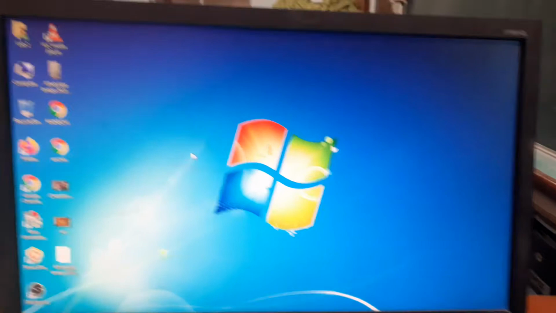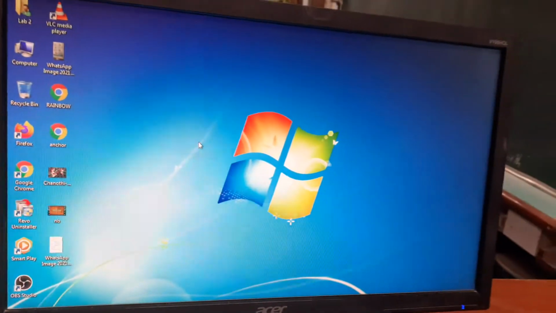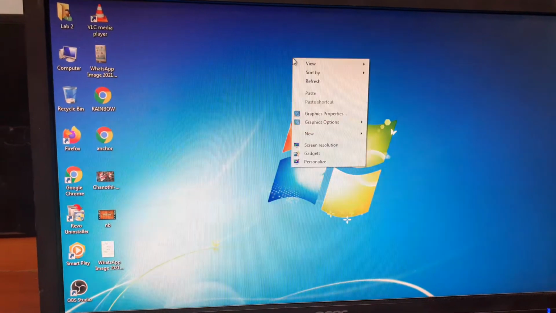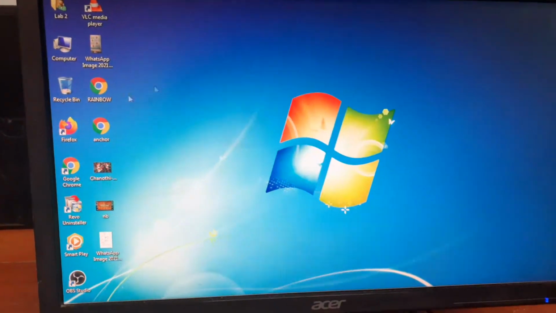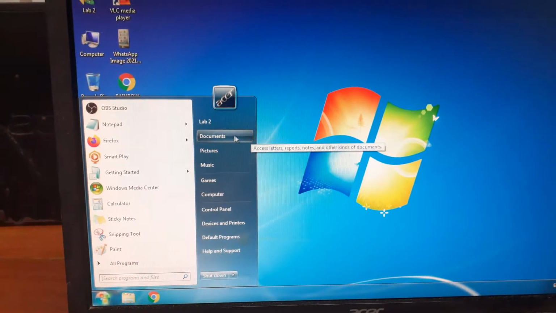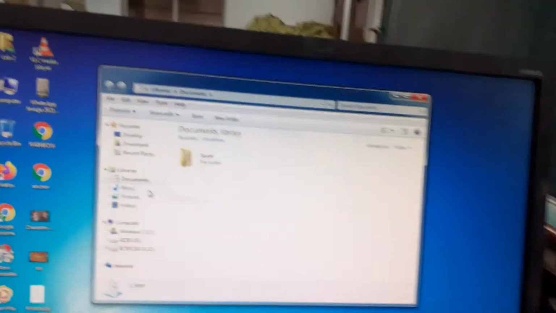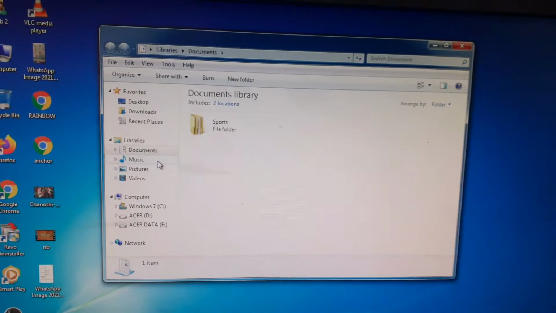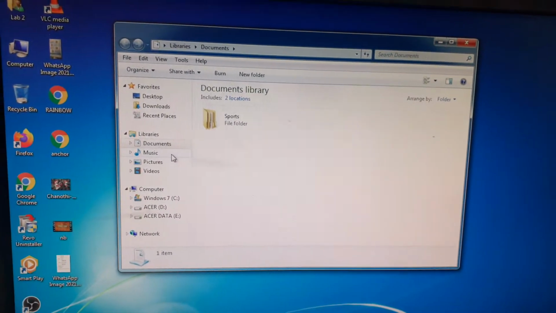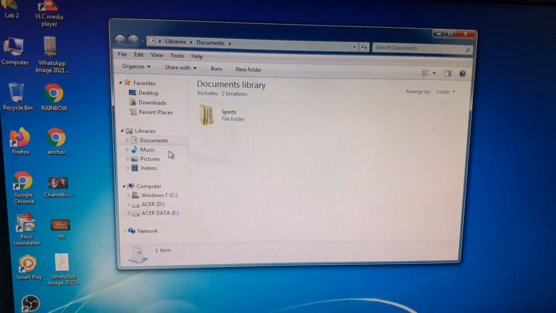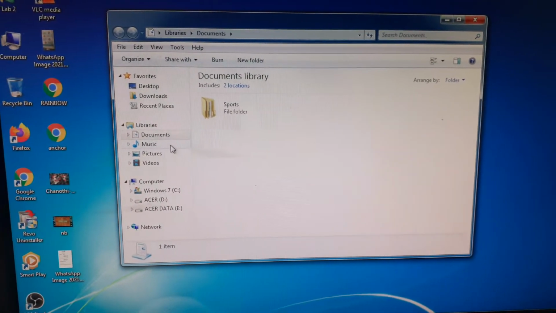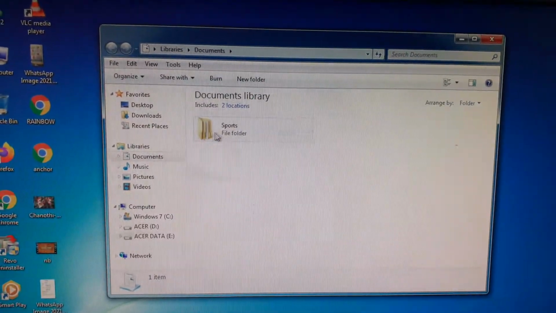Last time we created a folder and subfolders. First of all, we will open the documents library. Here you can see the sports folder.